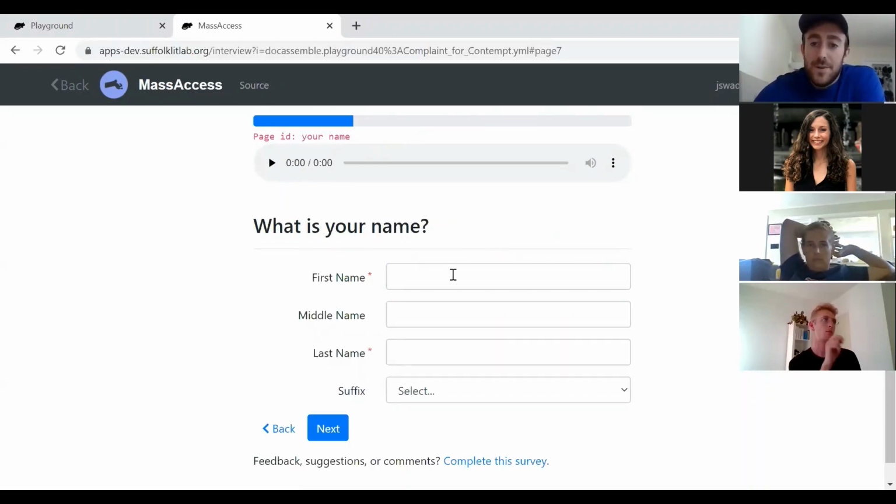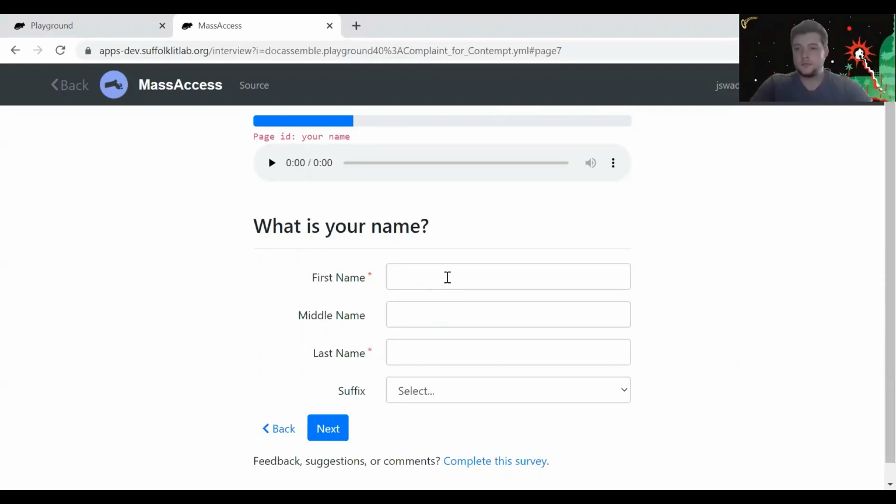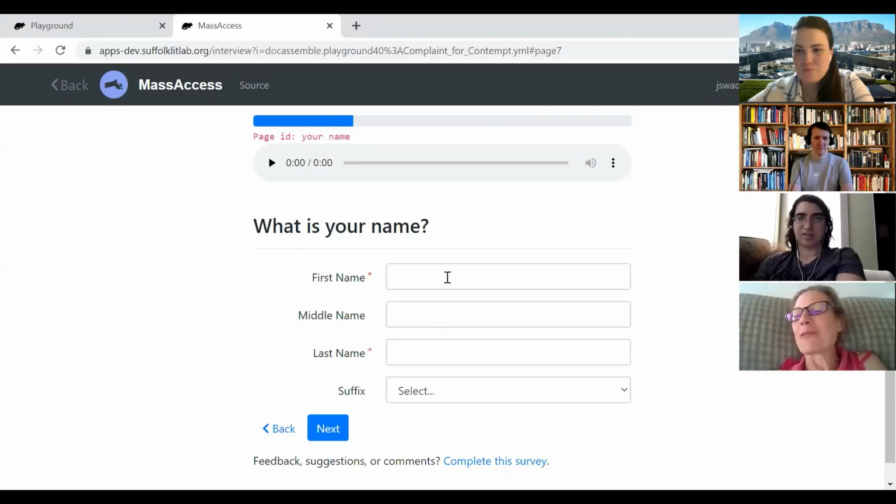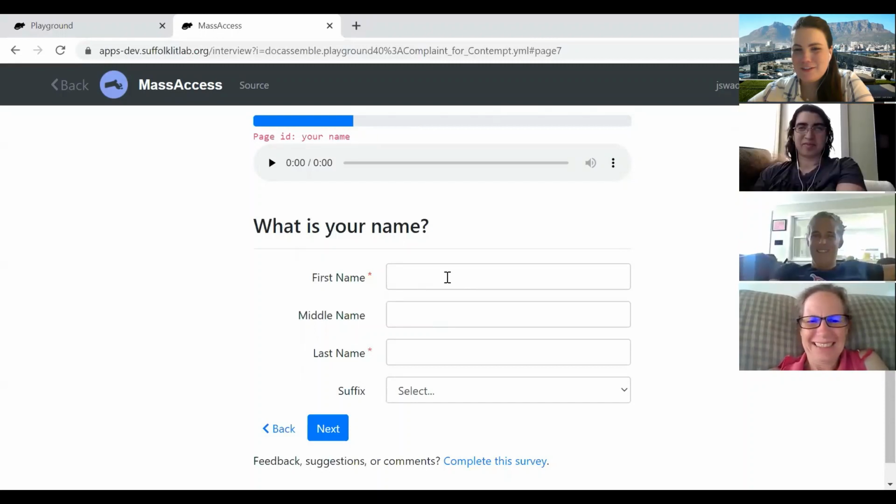All right, so this is where we now ask for the user's name. I don't know if there's a better spot for it, if it should be after the kick out screens, or should it be the first thing? This is something I struggle with as well. So what did you say, Caroline? I said I vote for the first screen.